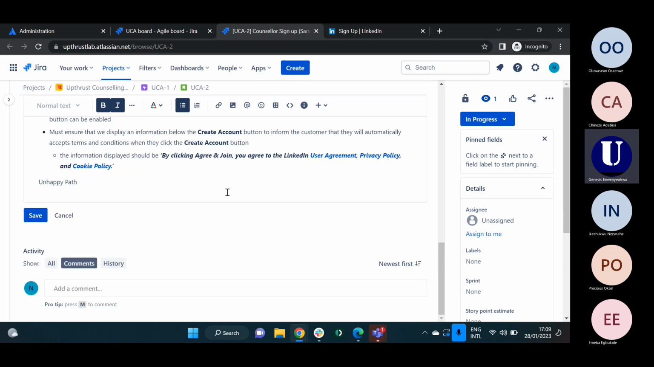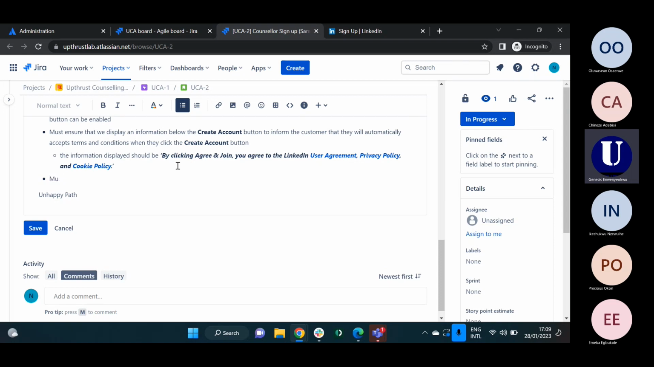There are several happy paths, right? Another happy path to this would be: must ensure that when the user, I'm used to the word customer, hope I don't put customer anywhere here. Okay, when the user has satisfied all the criteria stated above, when the user clicks on the create account button,